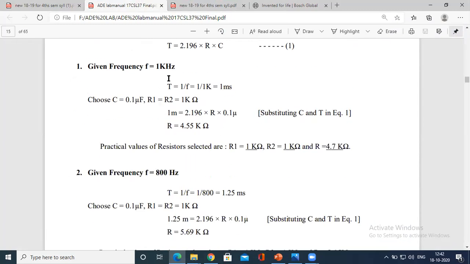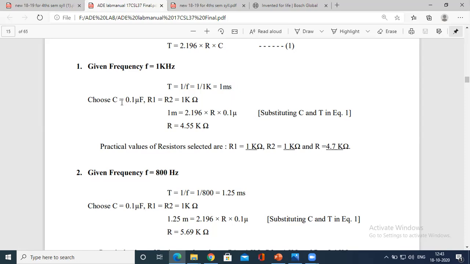Given the frequency f equals 1 kilohertz, we need to calculate T equals 1 by f. 1 by 1 kilohertz, when you convert it, becomes 1 millisecond. That is 1 by 1 into 10 power 3, which is 10 power minus 3. So it becomes 1 millisecond.